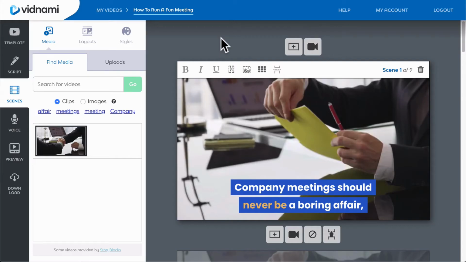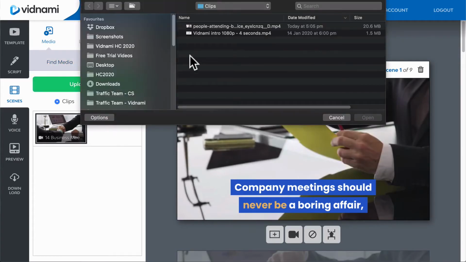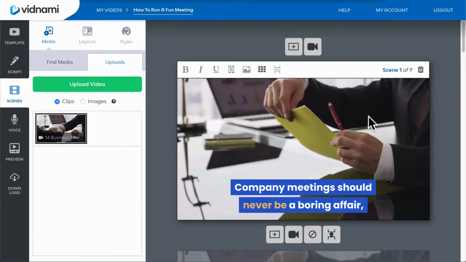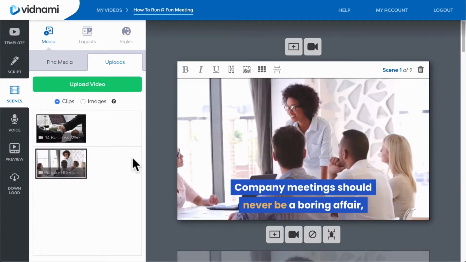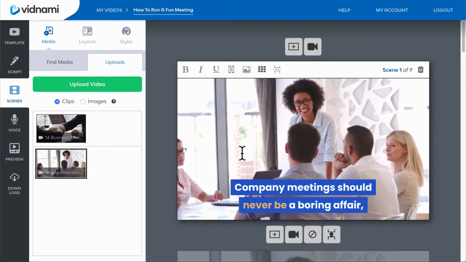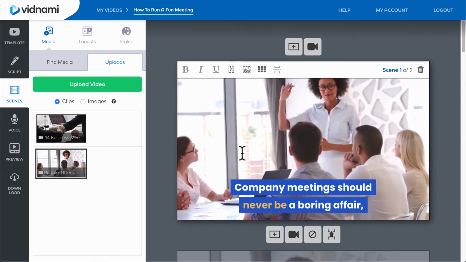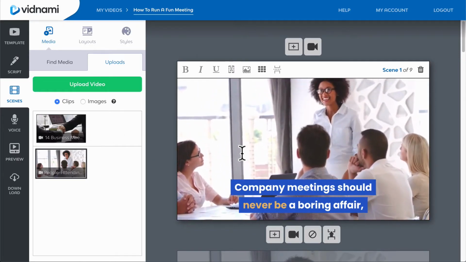Vidnami allows you to use your own video clips in two different ways. The first option is to upload a video clip and use it as a background clip for a regular scene, just like the clips you'll find in our built-in library. With this option, you won't hear the audio of your uploaded video clip because it is being used as a